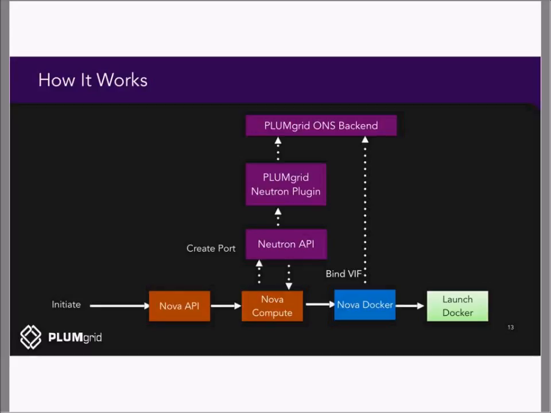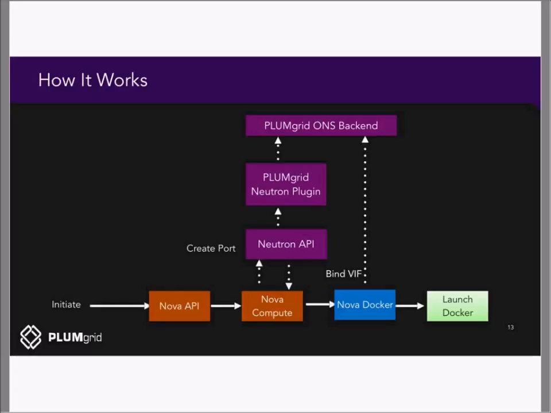Let's say you go to Nova and say provision or launch a Docker container through the Nova API. The call goes to the right compute node, in this case, the compute node which is running the Docker engine. The compute node talks to the Neutron API to request a port associated with a network which is specified as part of the VM when you launched it. Then for the port, the create port call goes to the Neutron plumb-git plugin, and the plugin calls the ONS backend. At that point, your create port call has been completed,